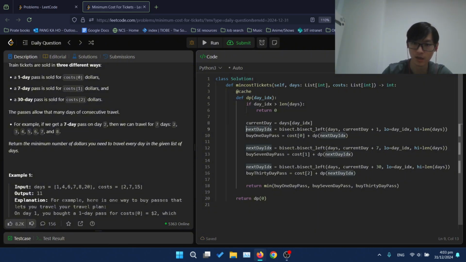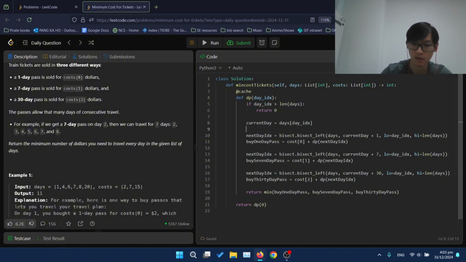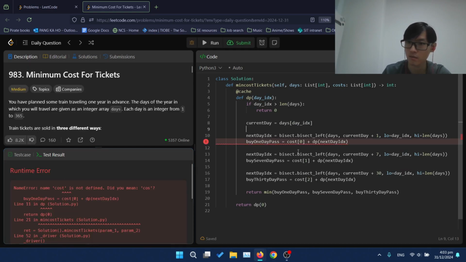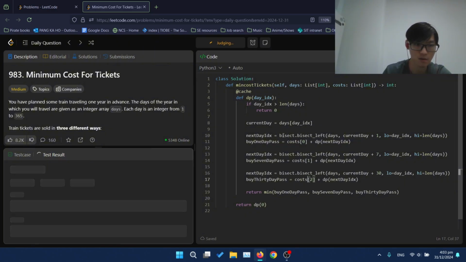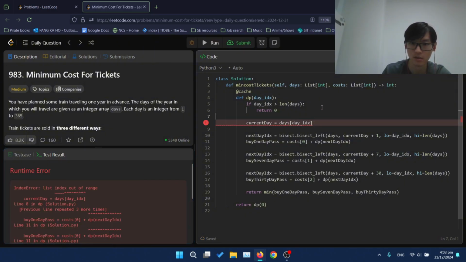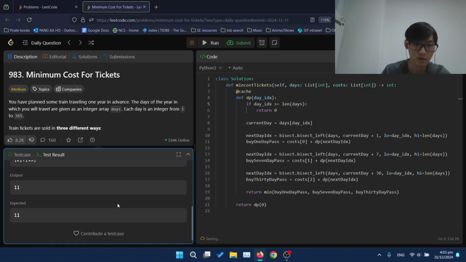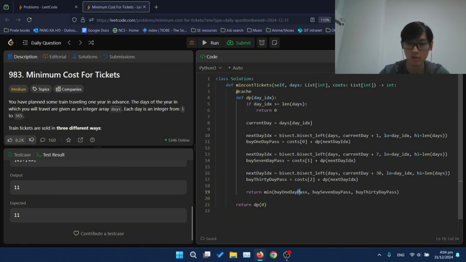That should be it, but let's give it a spin. Oh, it's a cost. Okay. This index is arranged. Oh, greater than or equal to. Okay, looks good. What's the time complexity here?